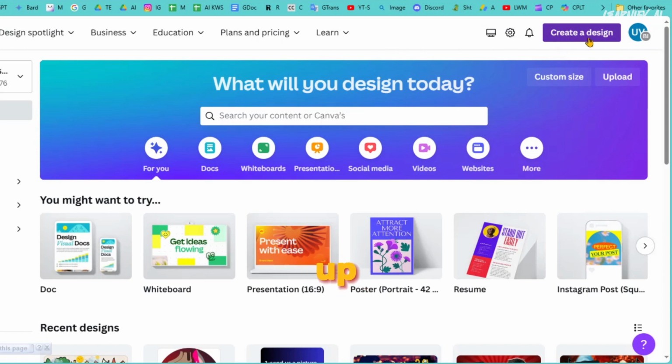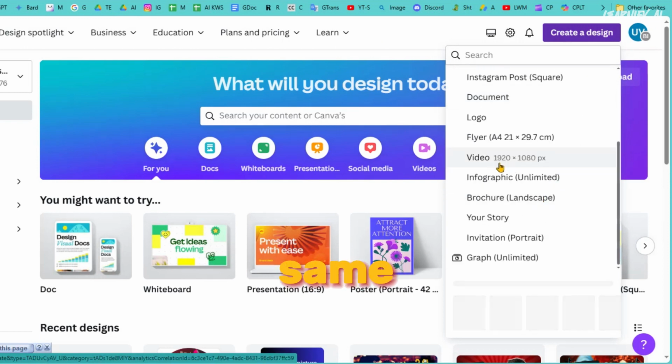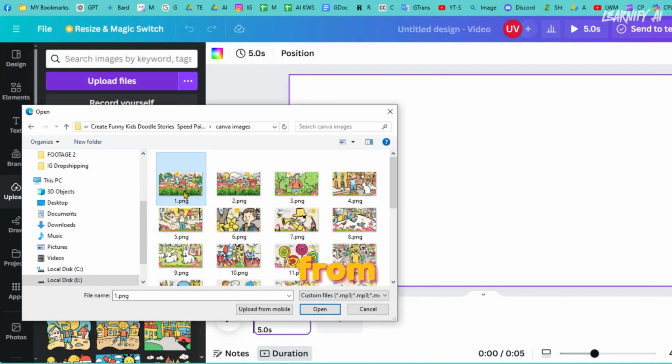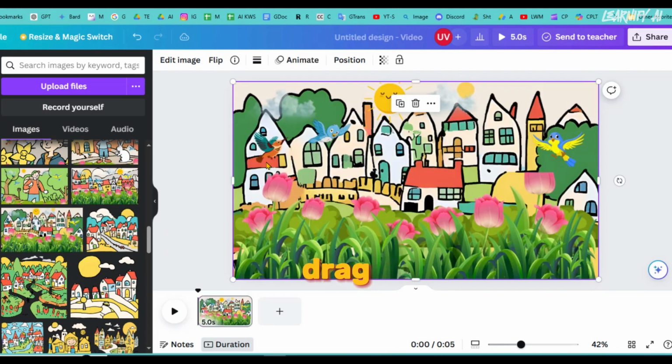Let's wrap this up. Open Canva in a new window. Click on Create a Design and select the size of the long video, since we've created the images in the same size. In the sidebar, head to Uploads and upload all your images extracted from the zip file and placed in a new folder. Once uploaded, drag the first image onto the canvas and set it on the first page,